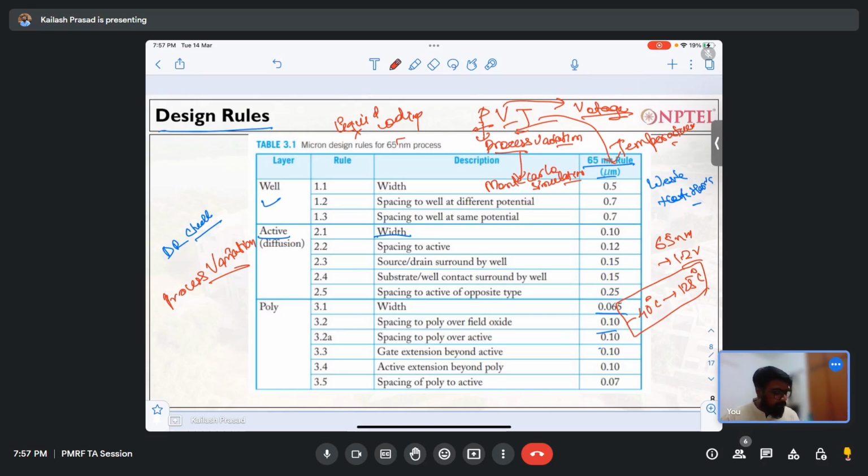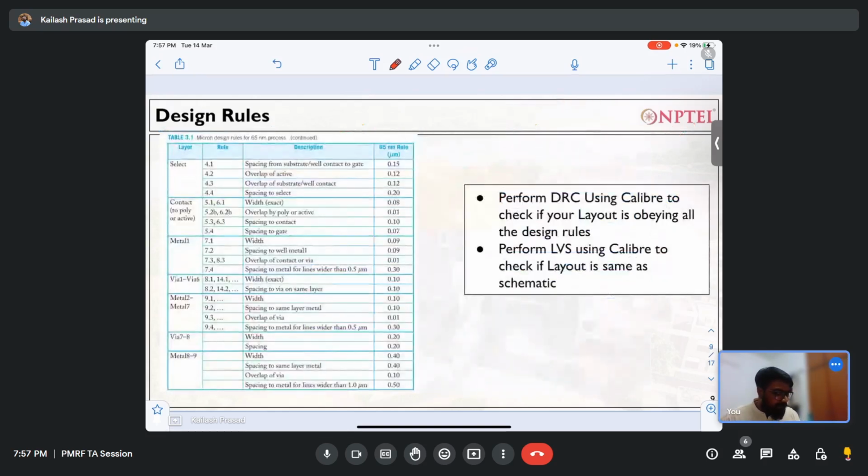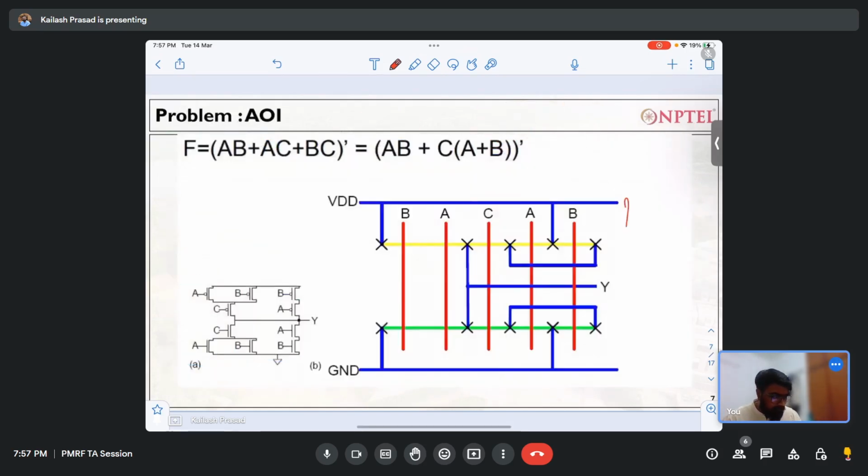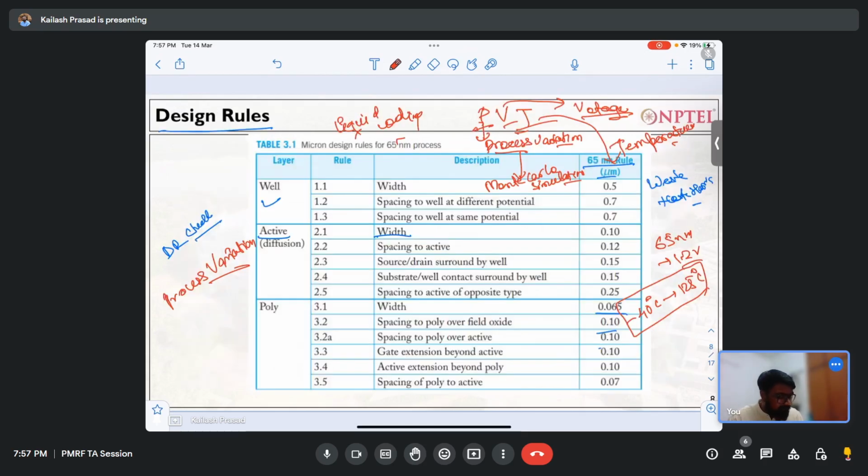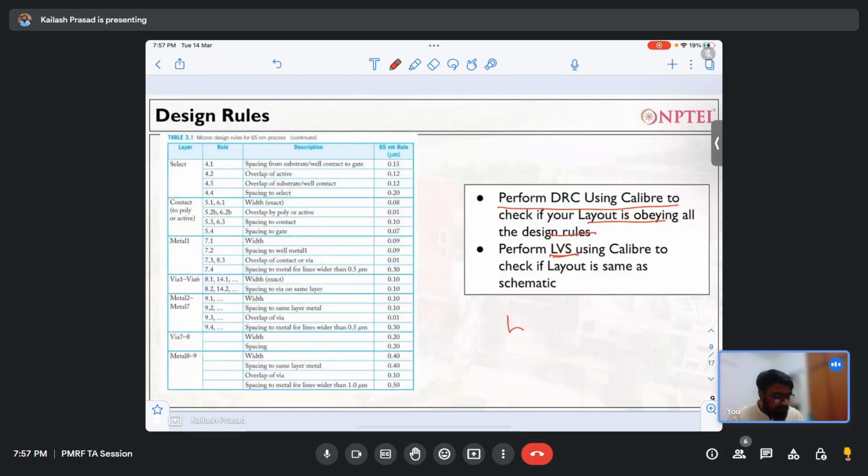Okay, because you have pointed this out, I actually have this slide. So DRC is used to check all the design rules, right? Your layout is obeying all the design rules, and LVS is actually used for whatever layout you are making. Suppose you have made this layout, and you have made some schematic. Whatever layout you are making, you have to make sure that the layout and schematic are the same, right? Because here you are making electrical connections, and LVS does that. LVS means layout